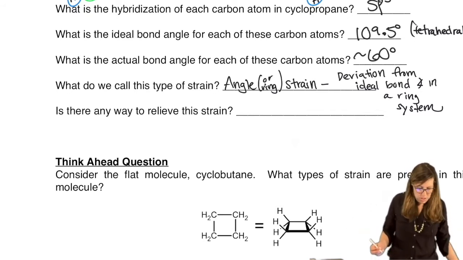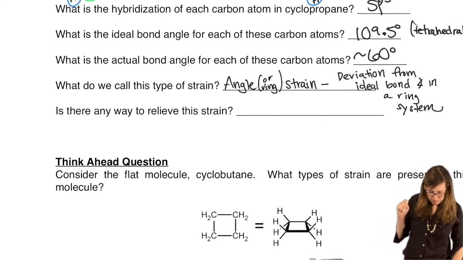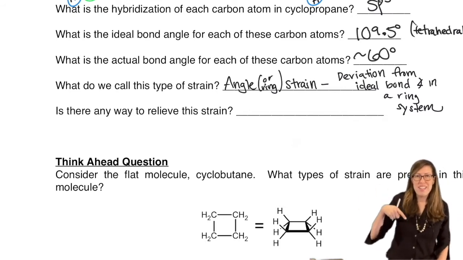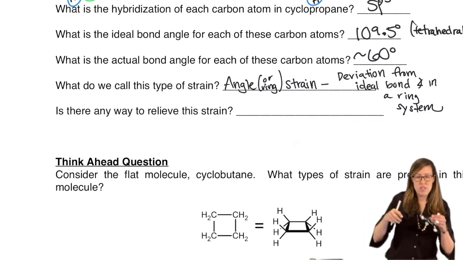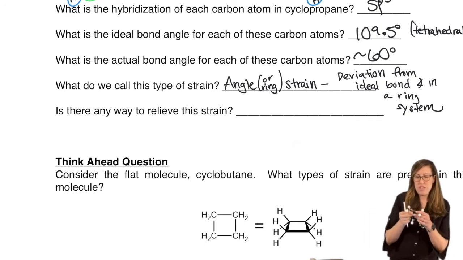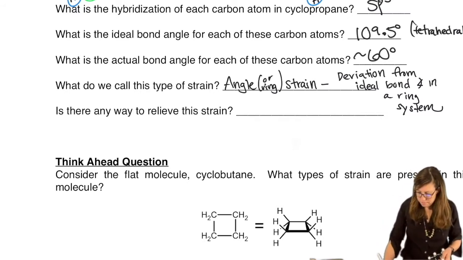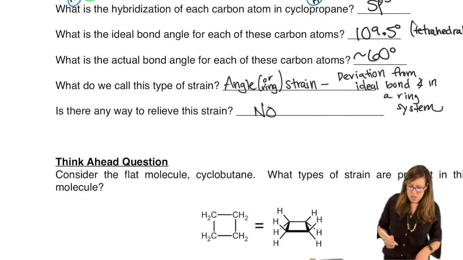So is there any way to relieve the strain? We know something about carbon-carbon single bonds, that they can rotate. And if they could rotate, can they change their bond angle? And the answer is yes for some rings, but not for this ring. You can try it in the model. The only reason you get any motion at all is because they use the bendable bonds, but it's too tight. You can't stop them from being eclipsed. And you can't make the bond angle look any bigger, right? So no, it's pretty much forced with that bad bond angle.